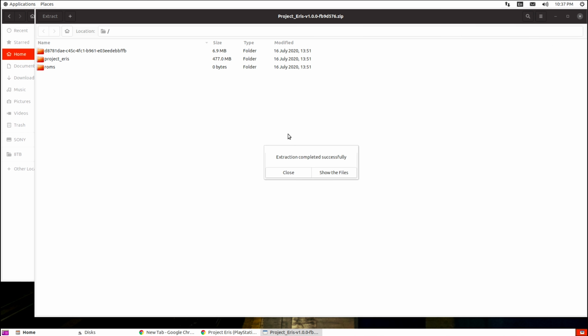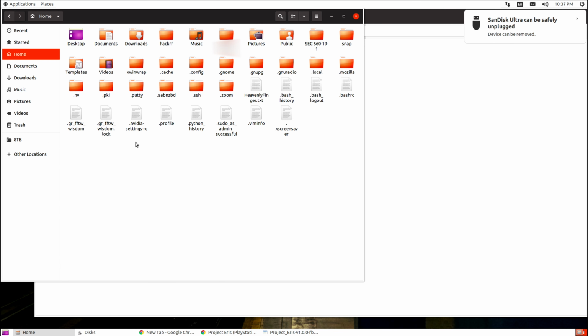All right, so that took quite a while to complete, not because there was a lot of data to write, but because there were a lot of files to write, and it's writing at USB 2.0 speed, so you really have to be patient there. But now that the extraction is complete, we will eject that drive, and now that the SONY volume has disappeared, I can pull the thumb drive out of the computer